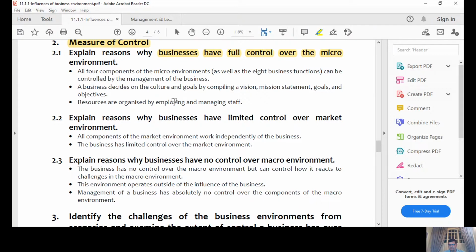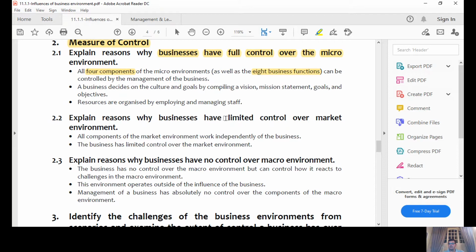That the business have full control over itself, everything that goes on in the microenvironment. We said that the microenvironment has these components: the culture, the resources, and so forth. But we also have these 8 business functions that we studied last year, in quite some detail, but we know that the business have full control over the microenvironment. Then we ask